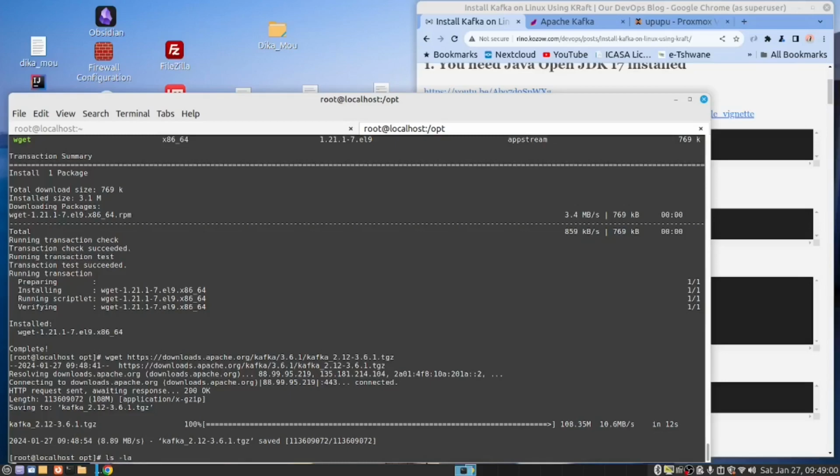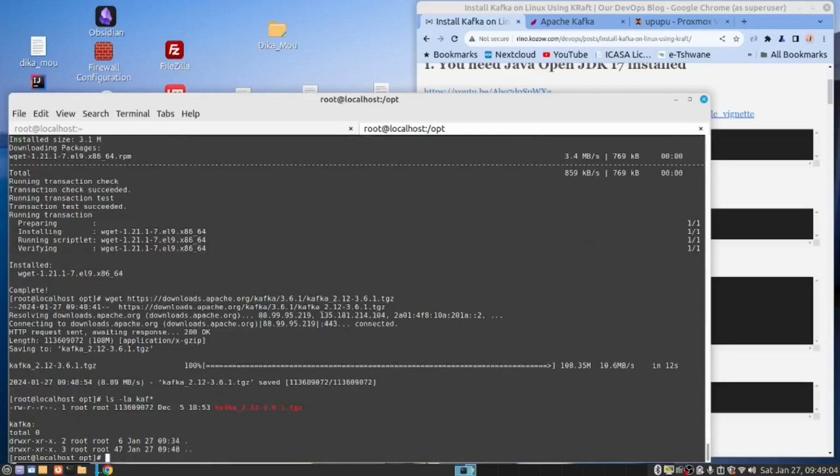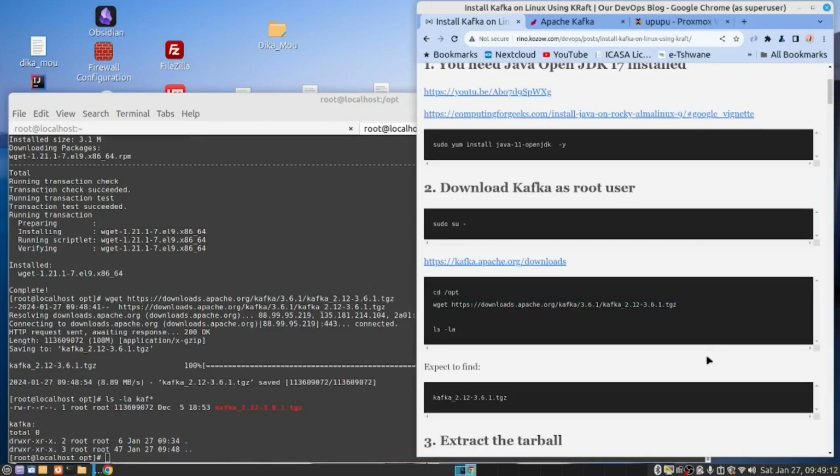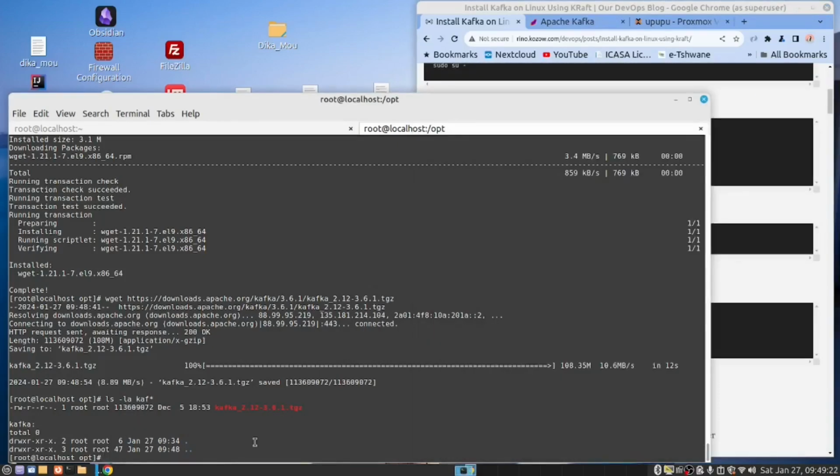ls -la, kafka star. There it is. Now we need to extract it. Let's see if we have tar. dnf install